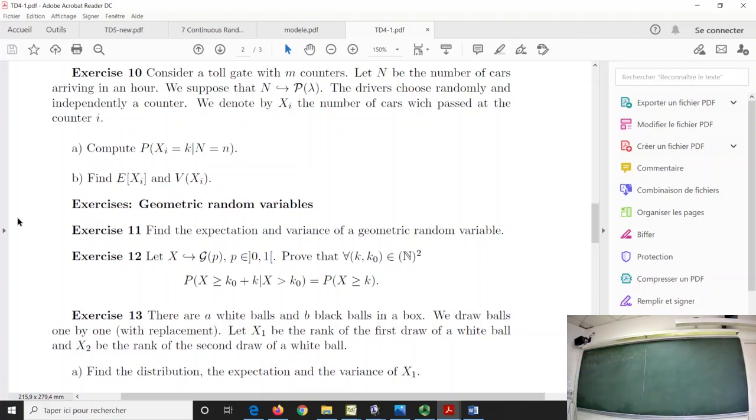And be careful, because if you change the textbook, you can have an equivalent but a little bit different definition. But the one I take here is to be able to interpret it as flipping a coin several times and waiting until the first head appears, if p is the probability to obtain head. That's why I take this definition. In some textbooks you have a k instead of a k minus 1, and it starts from 0, not from 1. The problem is that you don't have the interpretation with the coin approach.